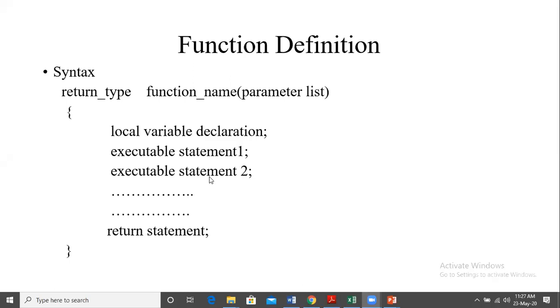And then we may have n number of executable statements. So if we want to add, say we write c equal to a plus b. Yes, that is the executable statement. And then we may print here also, or we may return a statement. Note that this is again another important part of a function to understand. There is one return. So this means it can return an answer.